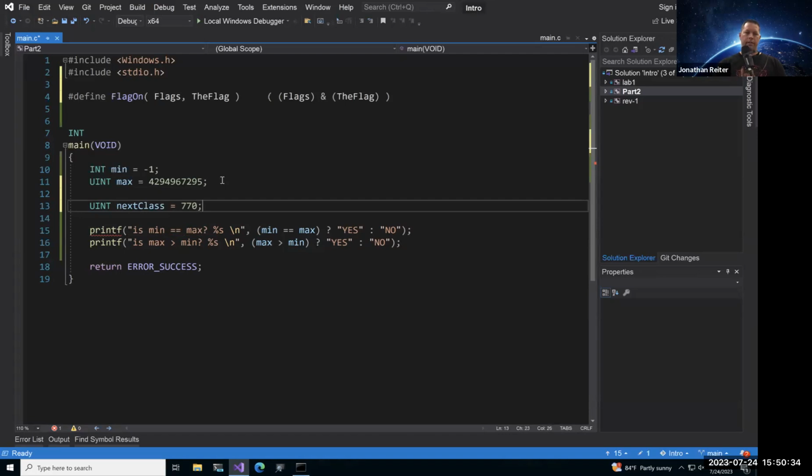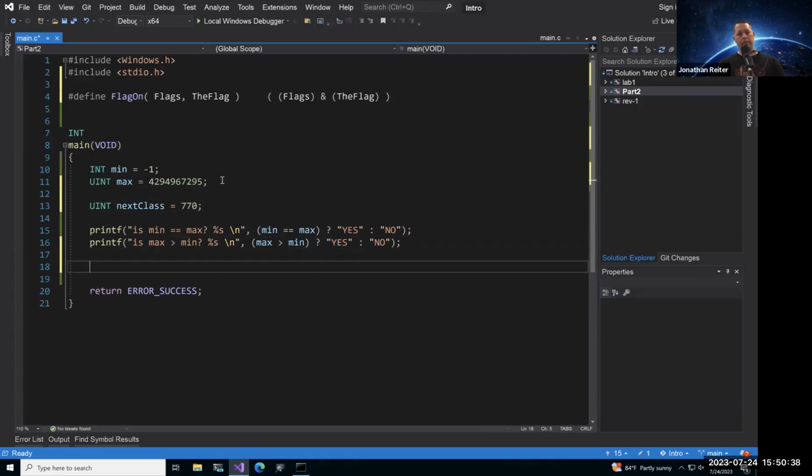I'm going to call it 770. Hopes and dreams, right? So this next class, we got that value of 770, and I'm interested to see if there's a certain flag that is set inside of this value.